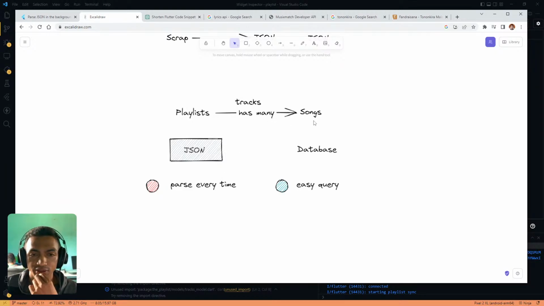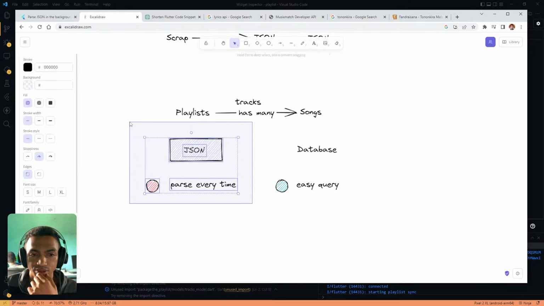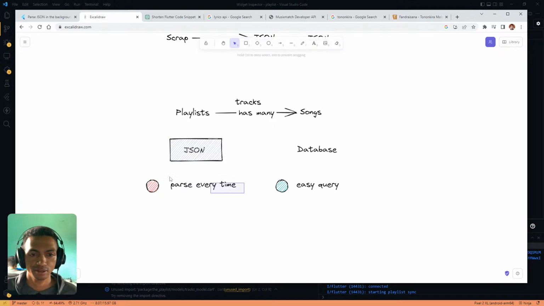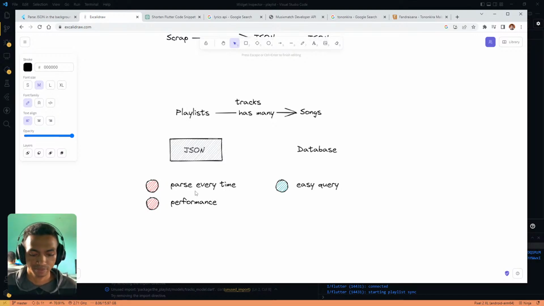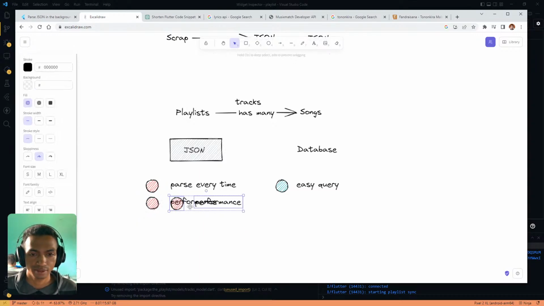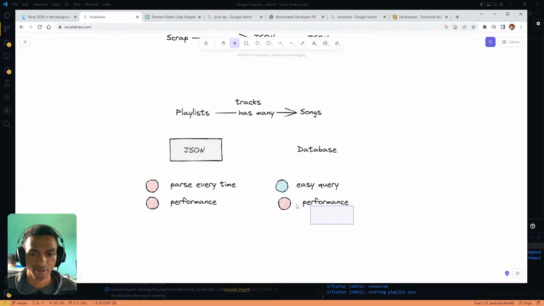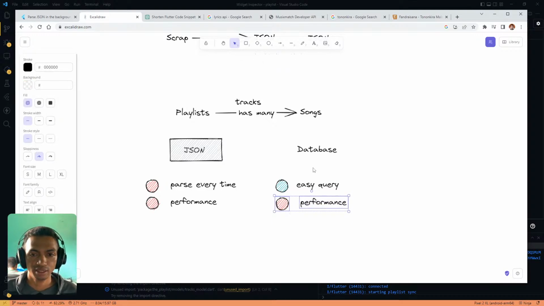Has many songs. Okay. So if I download the JSON and I parse it every time, that will be quite heavy. So this translates to performance. And this is okay. But here though, I need to parse it once and then create the